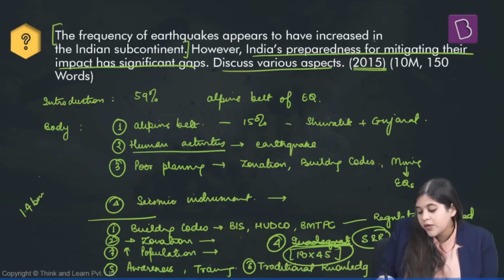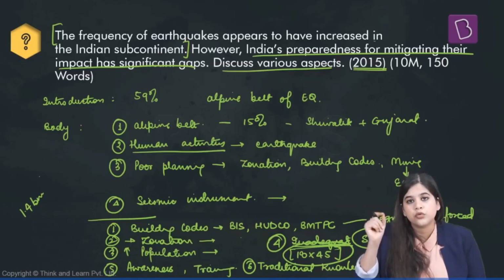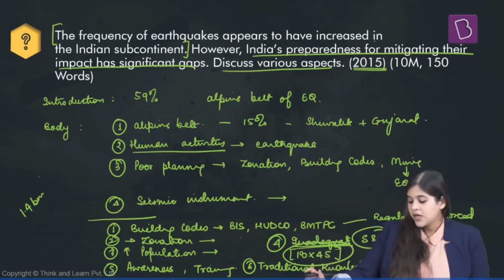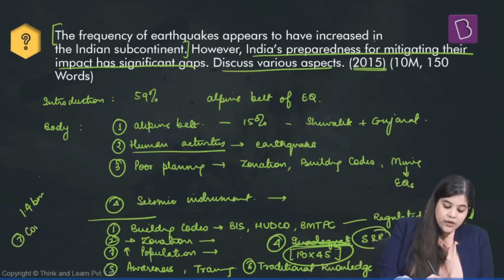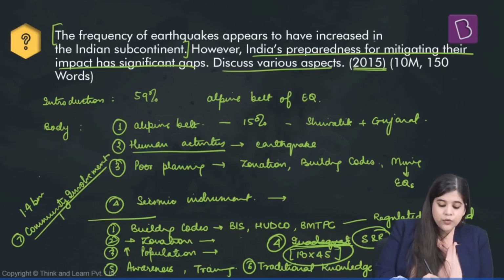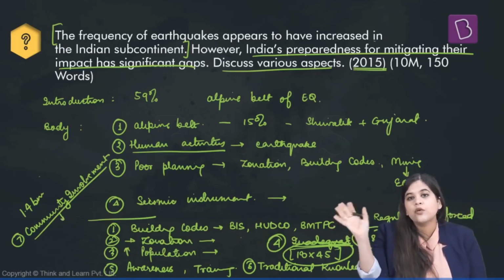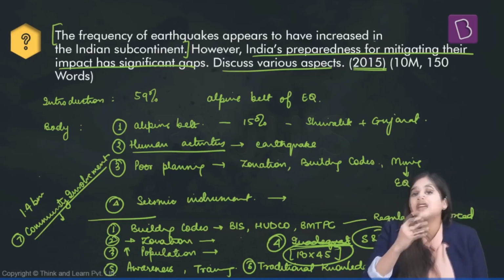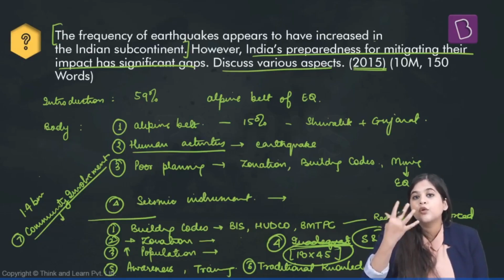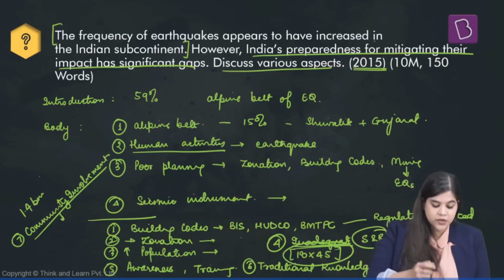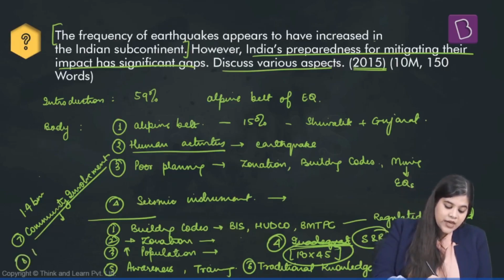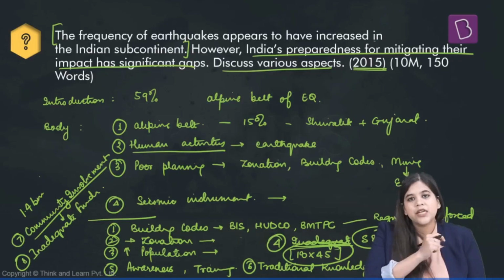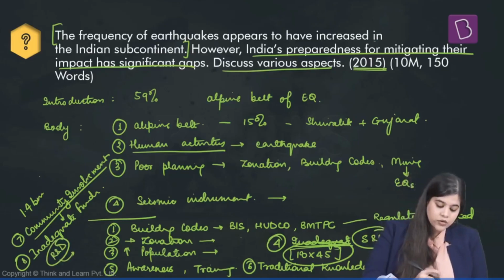We also do not have in place any program that aims to explore the traditional knowledge of the people who have been living in the earthquake-prone zones for centuries. There is a lack of community involvement. So the community people, they don't feel like a stakeholder when it comes to disaster management programs. They feel only like victims, and they feel they do not have any power to control the impact of any such events. Lastly, due to inadequate funding, we have problems in capacity building, in training programs, and also in research